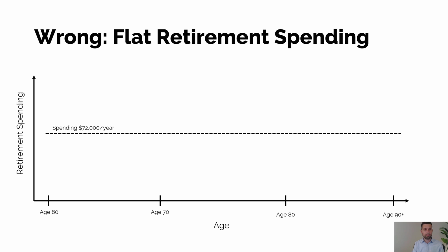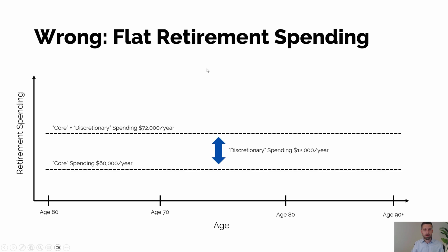Now, we could go one step further and we could say there's a bit of discretionary spending on top of core retirement spending. So this at least is getting a little bit more detailed. We have core retirement spending of $60,000 a year. We've identified that there's at least some discretionary spending of $12,000 a year. So their overall spending goal in this case is $72,000 a year, which is the combination of their core retirement